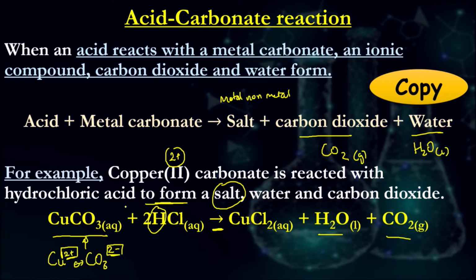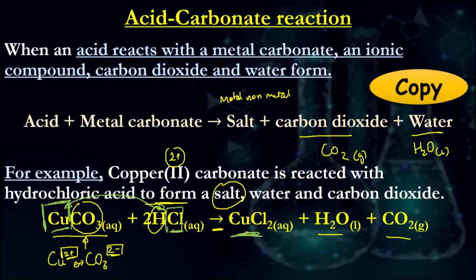We know that the carbon and the oxygen are going to be used to form water and carbon dioxide, so that can be excused as well. So you're only left with chloride and copper. Those are the only things that haven't reacted. So these two are the two ions that combine together to give you